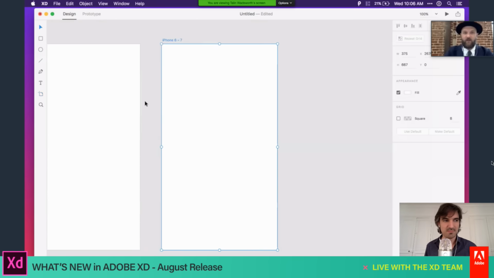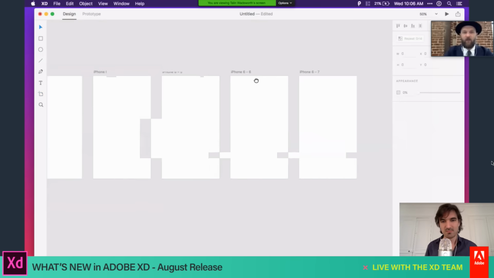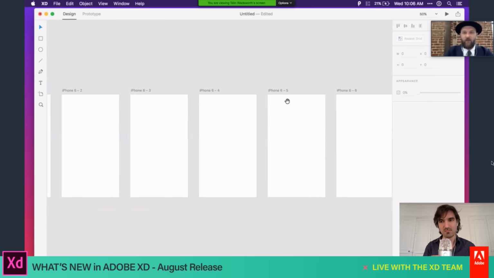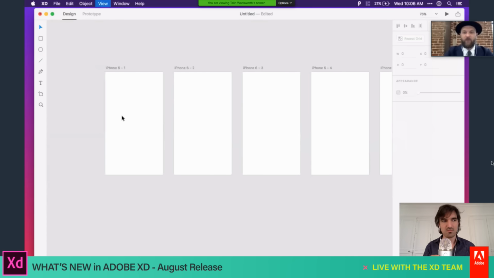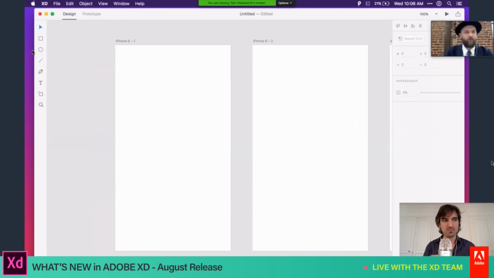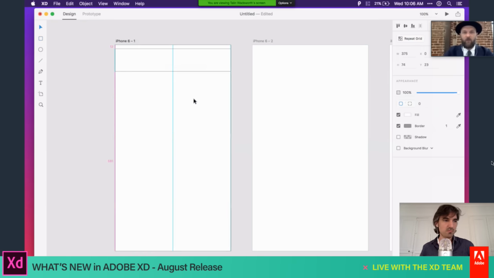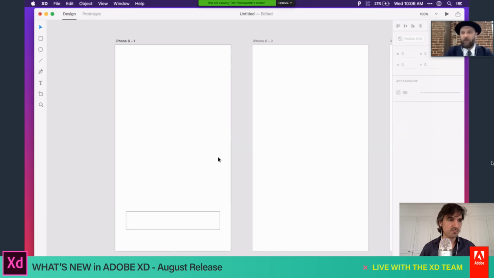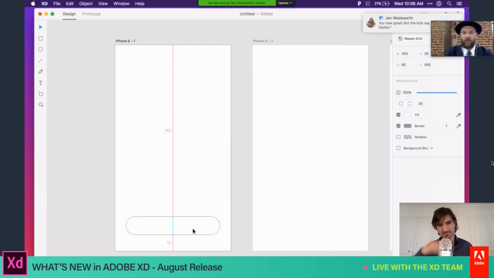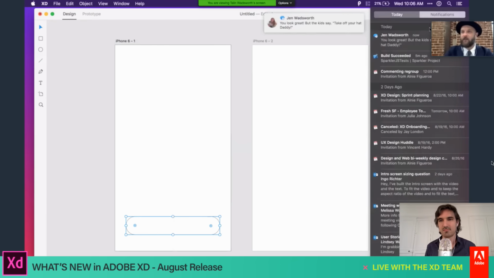Might not be as fast on the chat here, but it's super fast, so I can create a bunch of artboards and really just work fast as I go. And I think the real key here is that, as part of our jobs as designers now, we need to be building experiences for screens, and that comes with motion and interactivity. So what we really wanted to do was build an app that let us have the best of design, as well as